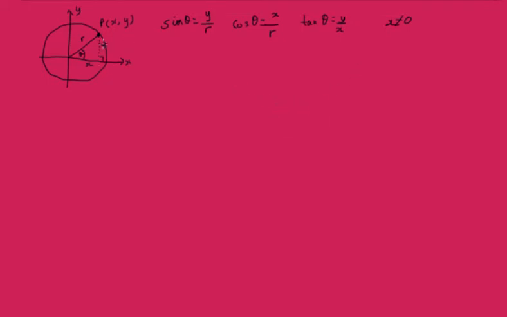So x and y are our coordinates, and r is our hypotenuse of this right angle triangle, but it's also the radius of our circle. And we can find r through Pythagoras, the square root of x squared plus y squared. Now, from this, I'm going to leave those up, and from this we get